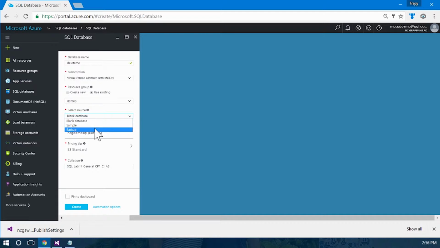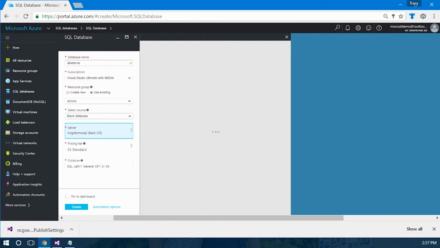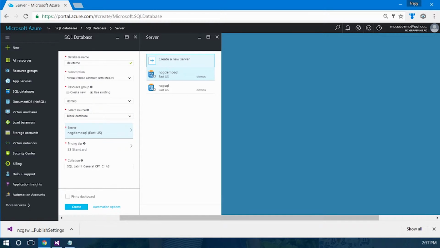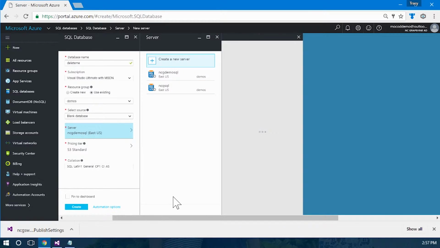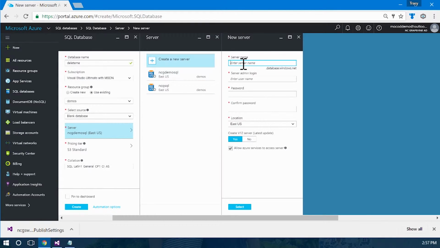Now, source, I can take a blank database, which is what I'm going to do. You can actually base it on a sample database like AdventureWorks LT, which is a version of AdventureWorks, or I can use a backup of a database. But we're going to go ahead and create a blank database, and then we're going to go to the server. And you can see I actually have a couple different servers, and I'm going to create a new server, and this is going to be